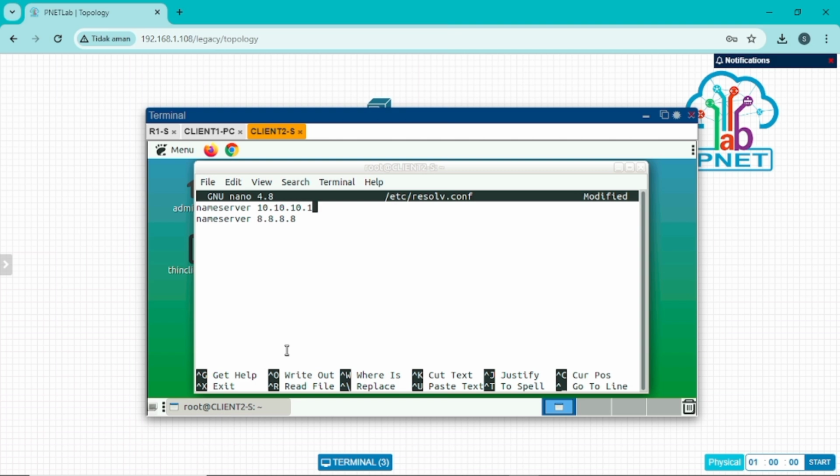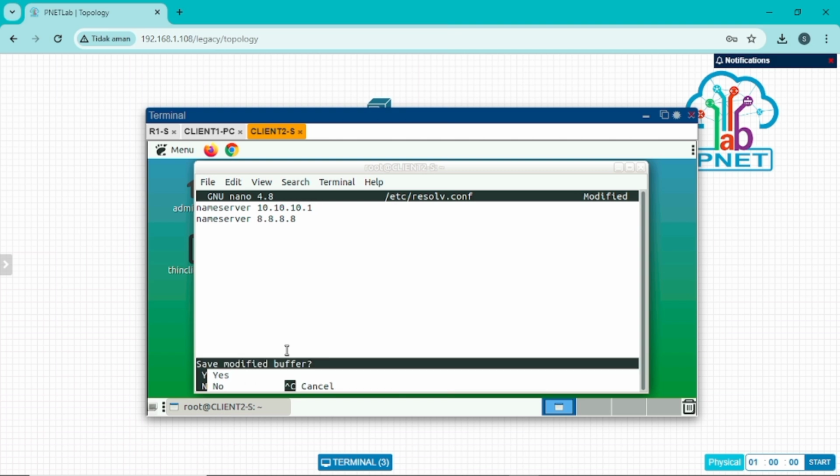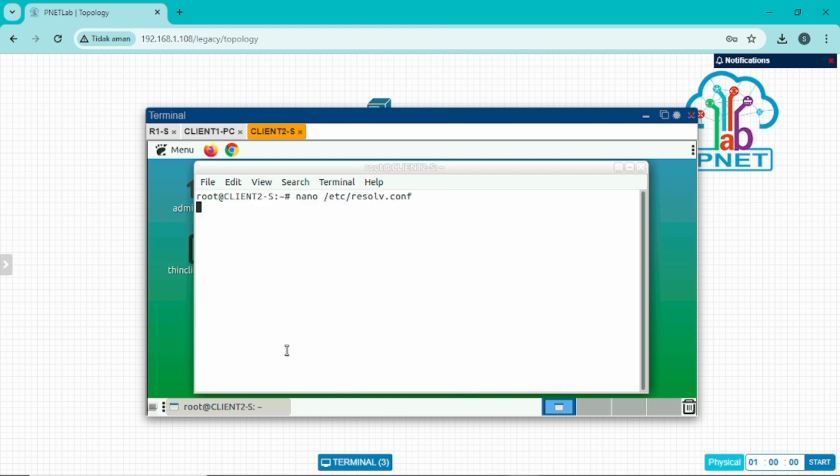Next, save the configuration by clicking Ctrl plus X and typing command Y, then click enter. Next, to see the result of the name server configuration, type the following command.